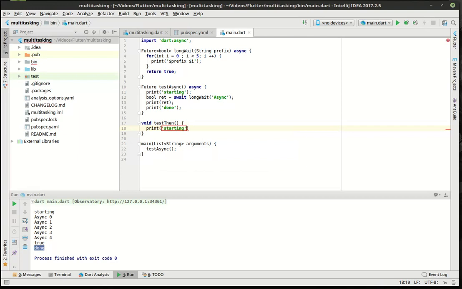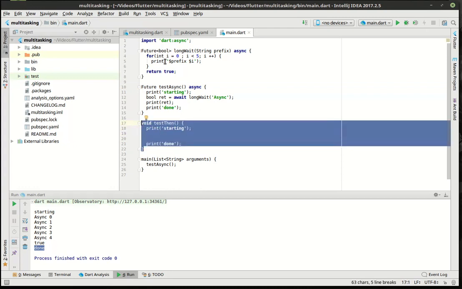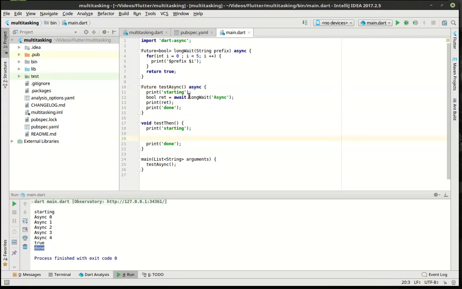All right, so we're going to go starting. And through the magic of copy and paste here. Pretty much same structure. We are not using the async keyword here. So we're in what's called synchronous code, and we want to run asynchronous code. Well, we have two options. We either turn our little function into an asynchronous function like we've done before, or what we can do is